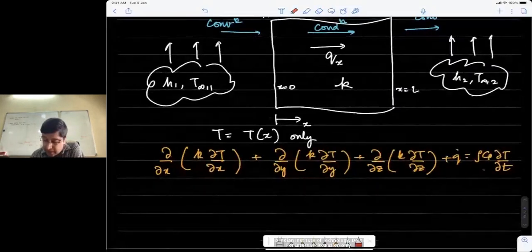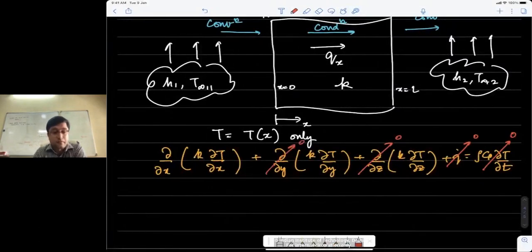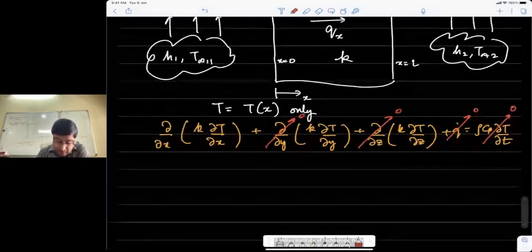Now I can say that because we are at steady state, this term is 0. There is no heat generation, so this is also 0. There are no variations along y and z directions, so these terms are also 0. So what we are left with is